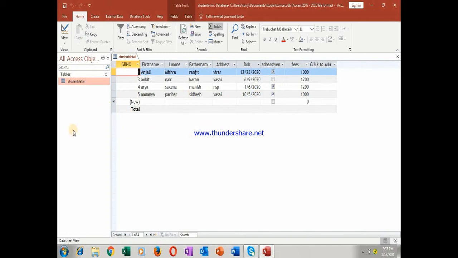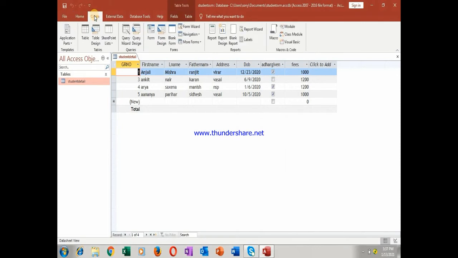Can you see here? For a query you have two methods of creating it. Go to this Create button. Can you see this Create button? In the Create tab you will have two options, Query Wizard and Query Design.